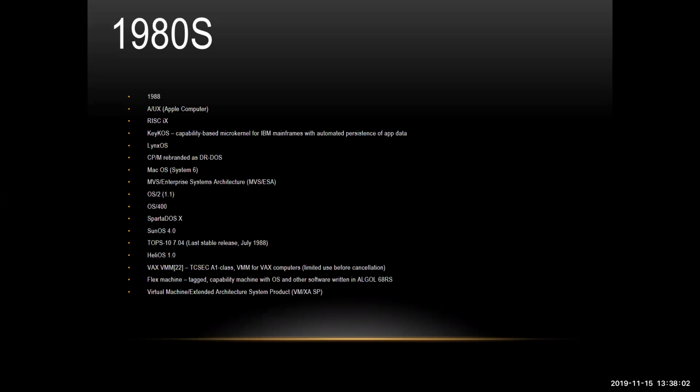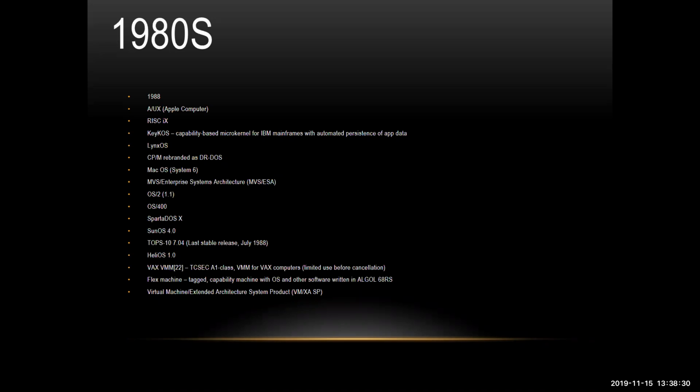MVS Enterprise Systems Architecture, and then we had the OS/2 1.1, then OS/400, and then we had the SpartaDOS X, another operating system for the Atari 8-bit family of computers. And then SunOS 4.0 was released as well. And then TOPS-10